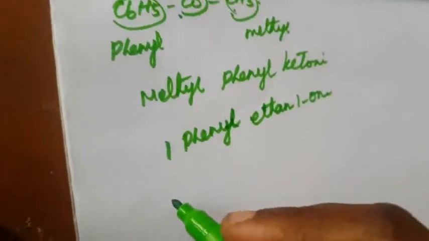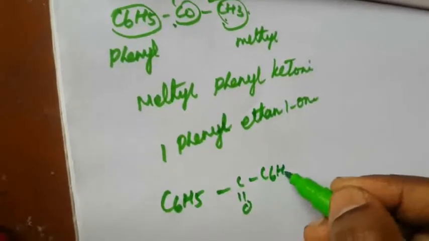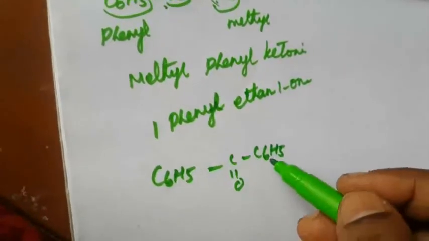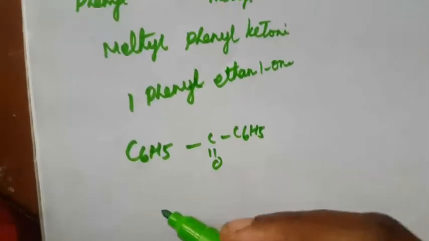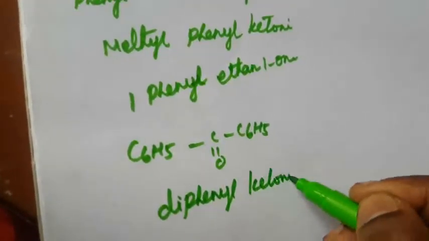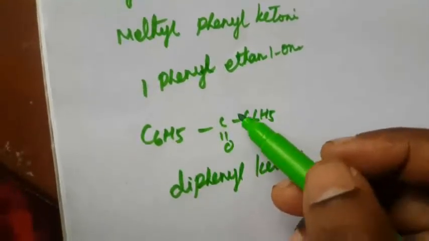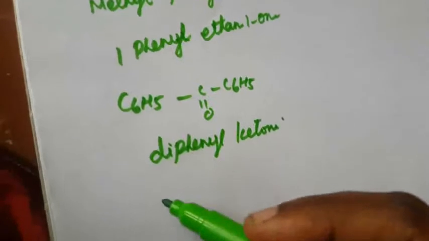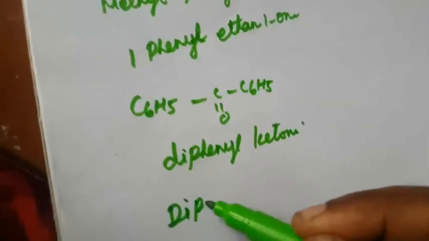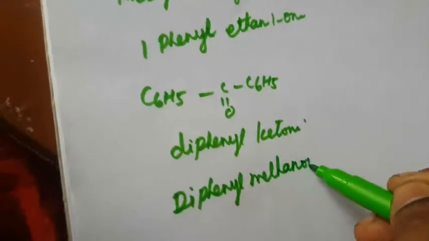So next one is C6H5, C double bond O, C6H5. How to write the name? This is called an aromatic compound. This is phenyl, diphenyl ketone. Another common name is benzophenone, or diphenyl methanone. Diphenyl methanone is the IUPAC name. Okay, so next one is